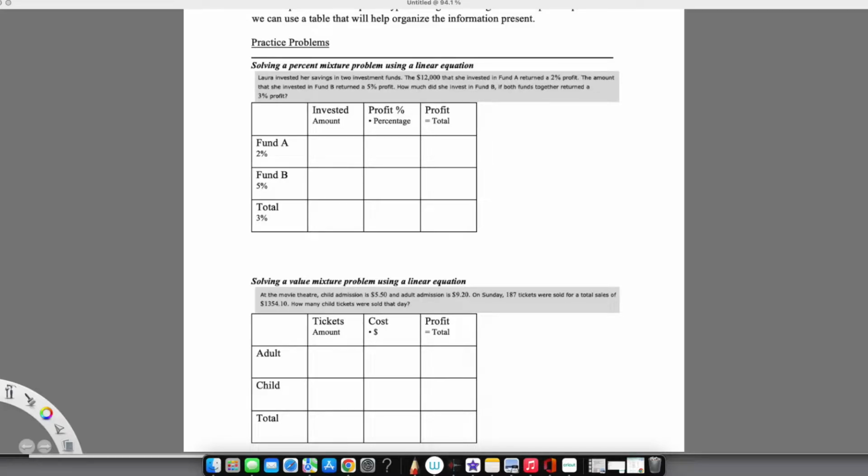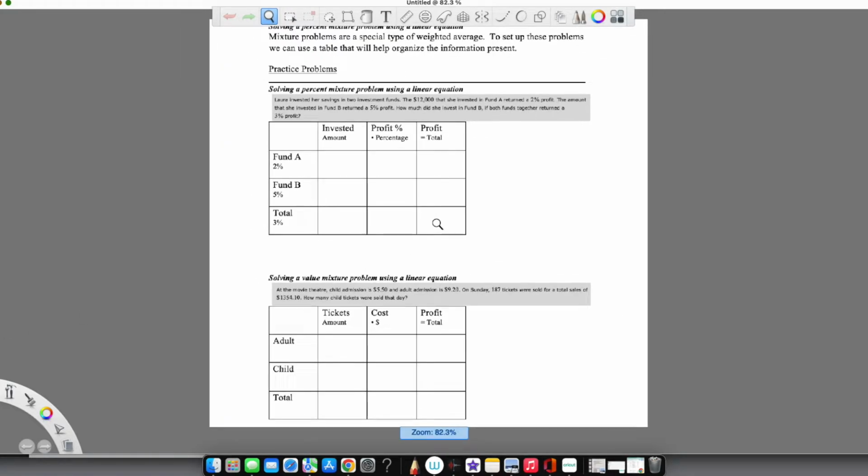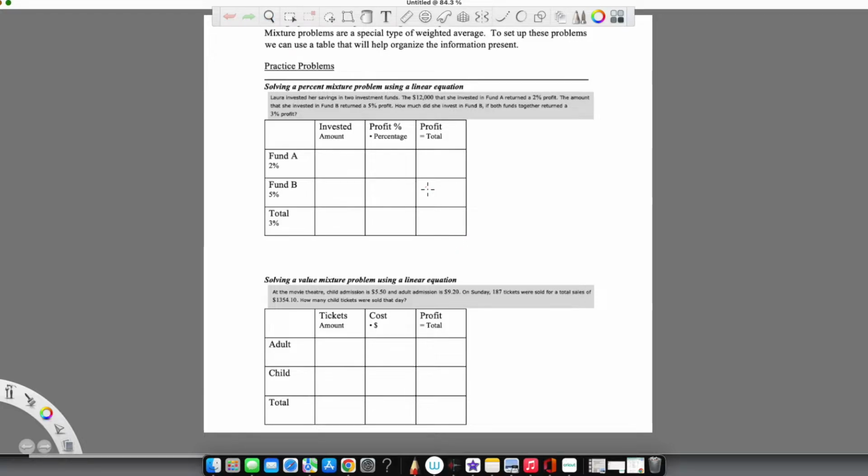Alright, so in this video we're going to take a look at what's called a mixture problem. And these ones are generally easier if we create a little table for them. So mixture problems are a special type of weighted average, and we most often encounter weighted averages when we're